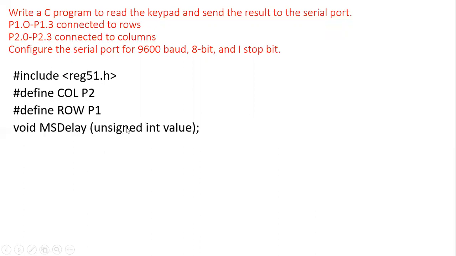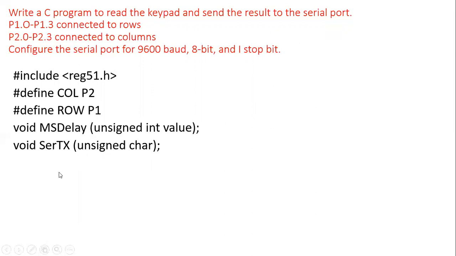Next, in the program we have written some subroutines. One of the subroutines is to generate a delay, so for this we have a subroutine by the name msdelay. It takes an argument of unsigned integer type, and it doesn't return a value. Then, for serial communication transmission, we have another subroutine here, that is serial transmission, which takes an unsigned character argument and does not return a value.